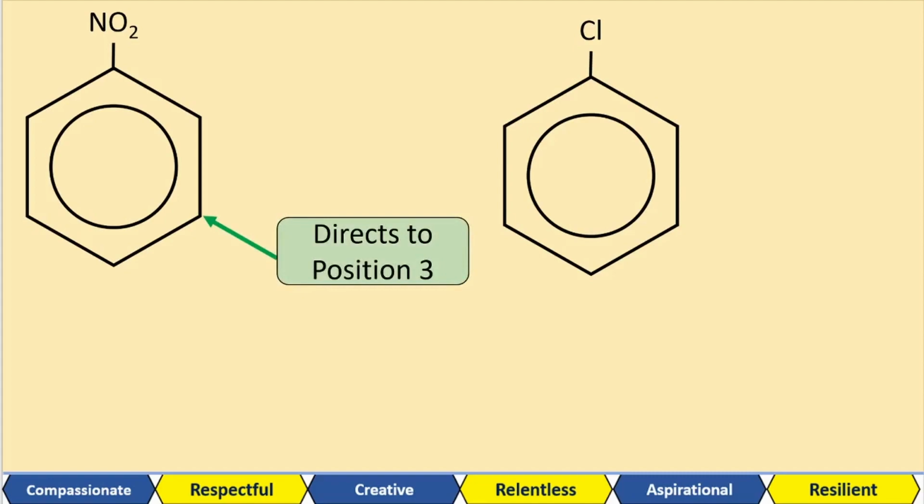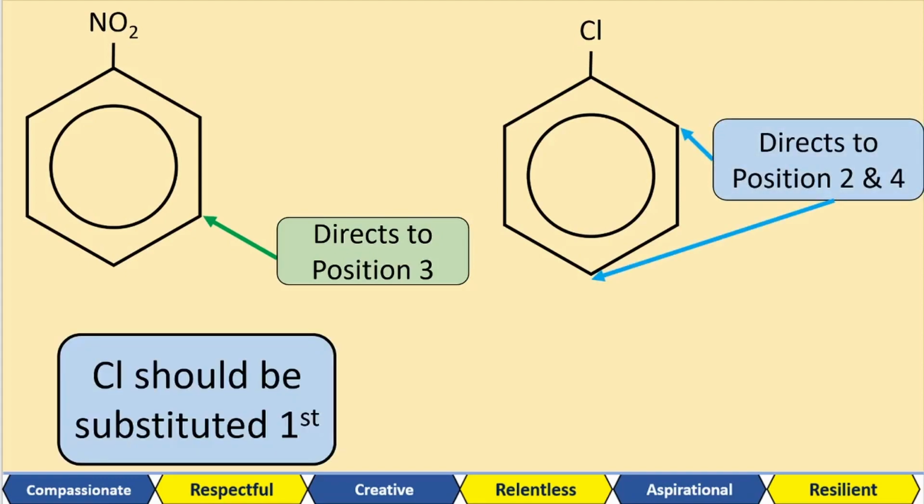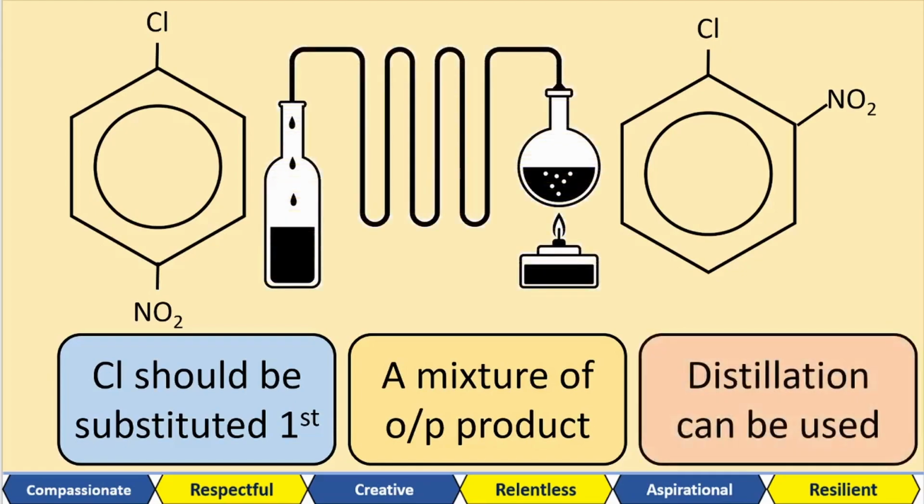If we started with chlorobenzene, it directs to the 2 or the 4 position. So the chlorobenzene should be the first thing made. The issue here is that we're going to get a mixture of the 2 and the 4 directed substituents. So what we need to do is actually distill the products so that we can isolate the correct compound that